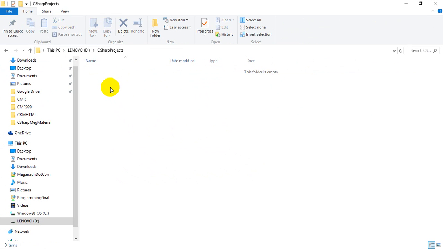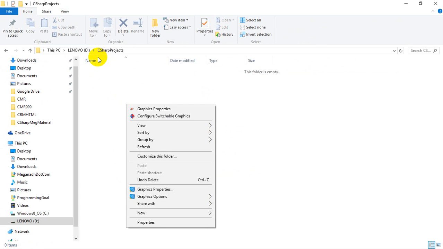Can everyone do this and tell me? Just create a folder right now. Are all of you attending the class from a laptop, or from a computer, or from a tablet? Is anyone attending from a tablet or something? Everyone please tell me from where you are attending the class, computer or tablet.